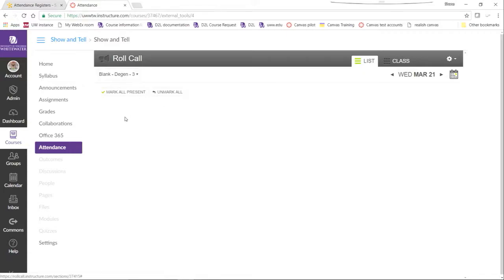But the options are here, and you'd merely go through and change a drop-down to mark someone as present or absent or tardy. If you're using attendance, it will add an attendance piece to your gradebook. So if you don't want this to be worth points, or if you want to adjust how many points it's worth, you will have to go into grades and make sure that the attendance is marked to an appropriate amount of points for your course.